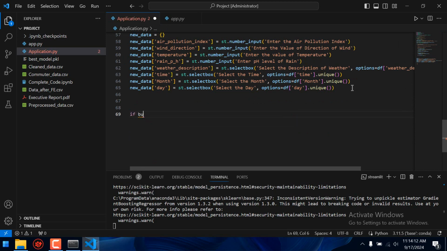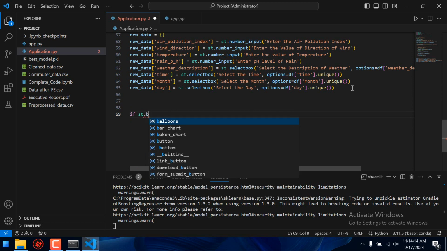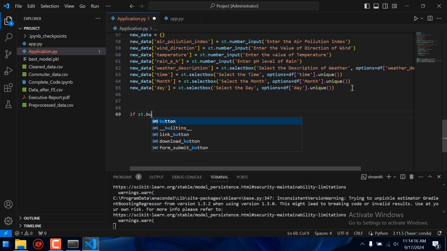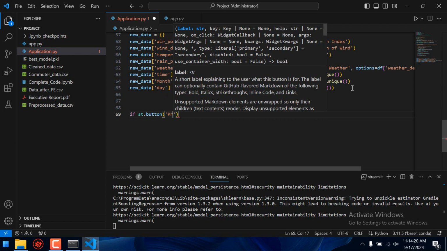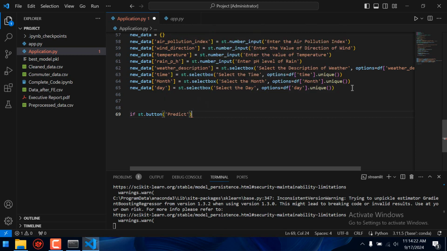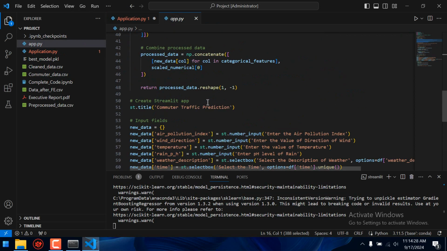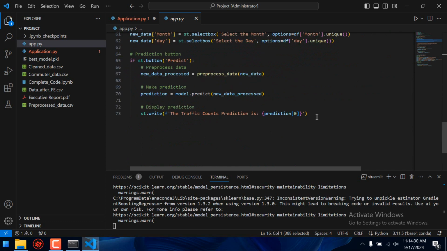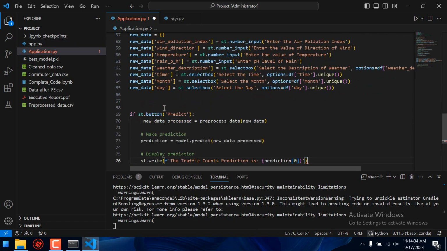If st dot button is predict, then we will copy paste all this code, because it will take some time. Let me tell you how this code works.